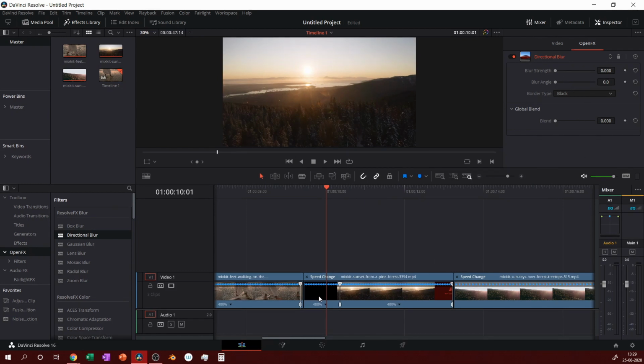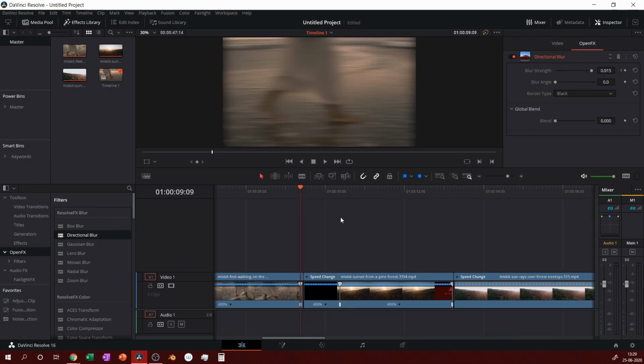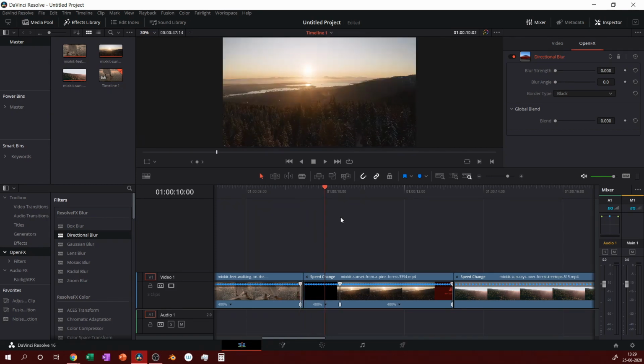Now we keyframe this as well. Now we want it all the way at the speed point.